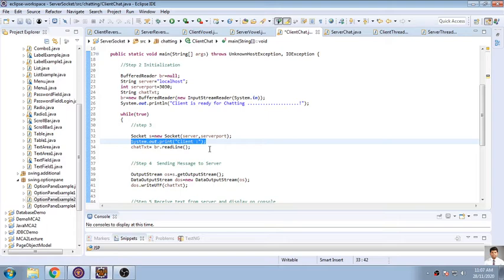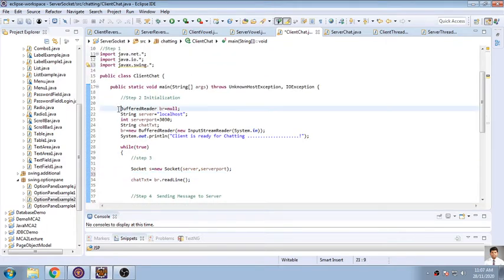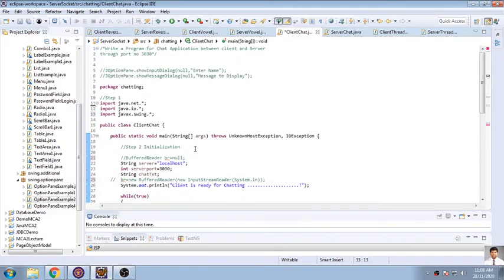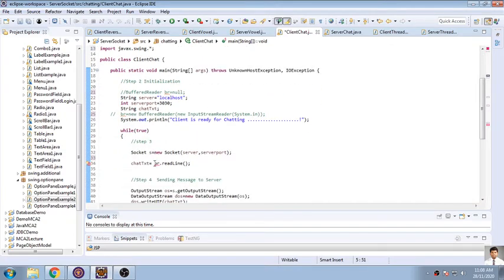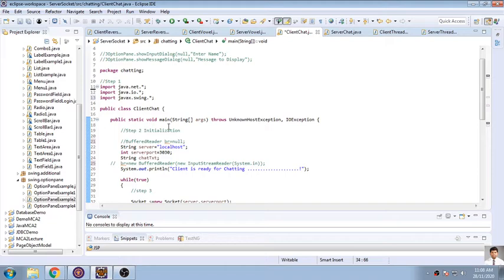so I need to read those components. So I will not use BufferedReader here, so I just give a comment to BufferedReader. So nowhere I will be using BufferedReader. Now everything that I want to accept, I will be using this JOptionPane.showInputDialog. So this will be there in front of your br.readLine. So I will be accepting this, and this will be from the client side.